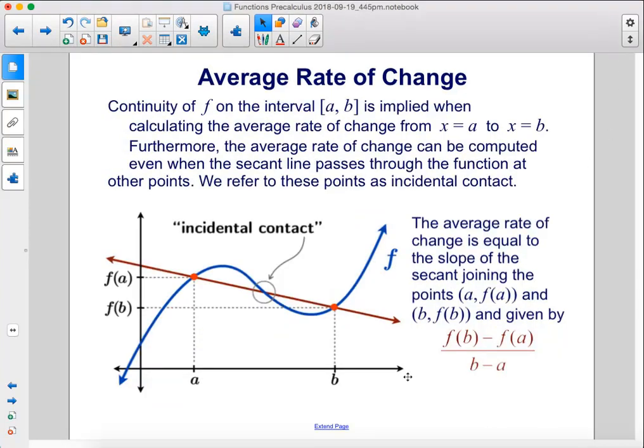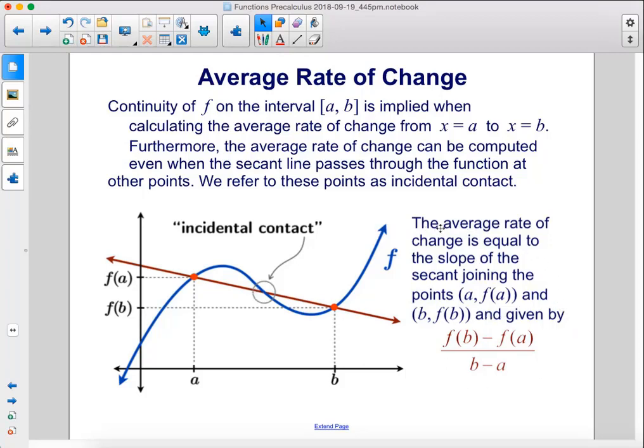Continuity of f on the interval [a, b] is implied when calculating the average rate of change from x equals a to x equals b. Furthermore, the average rate of change can be computed even when the secant line passes through the function at other points. We refer to these points as incidental contact. So here, if we want the average rate of change between this point and this point, you can draw that line, and even though the graph passes through the line, it does not affect our calculation of the average rate